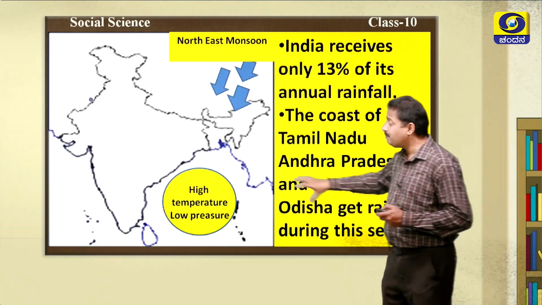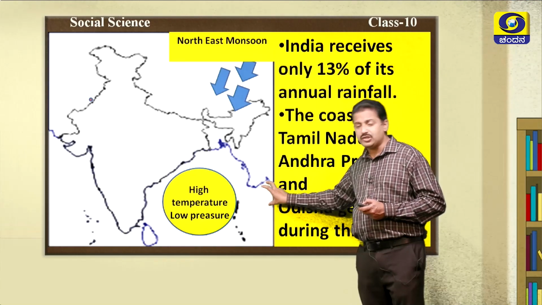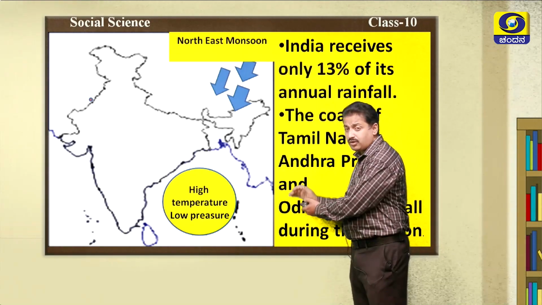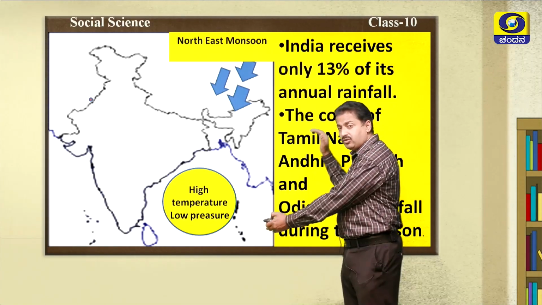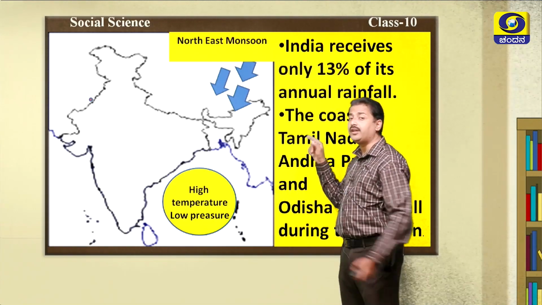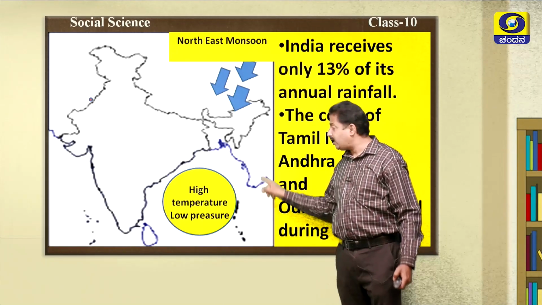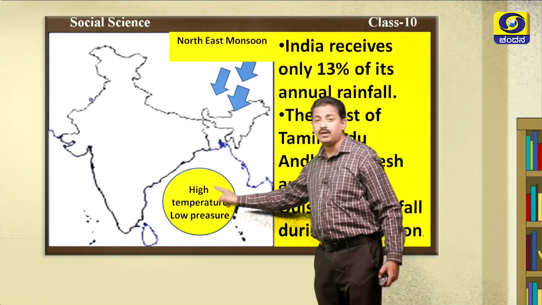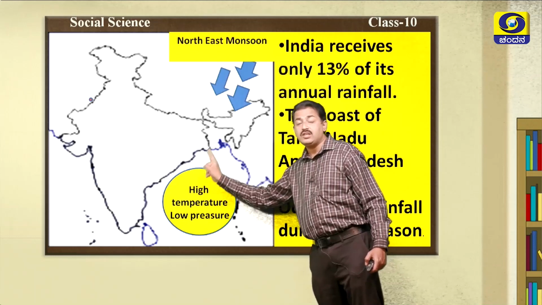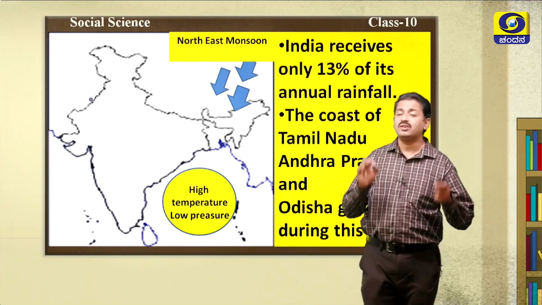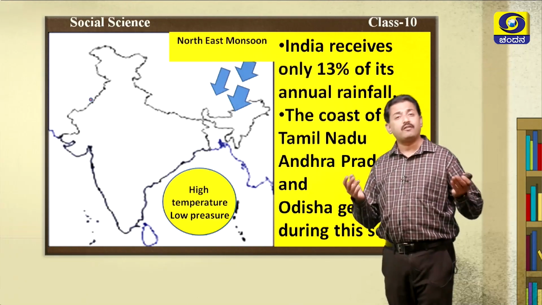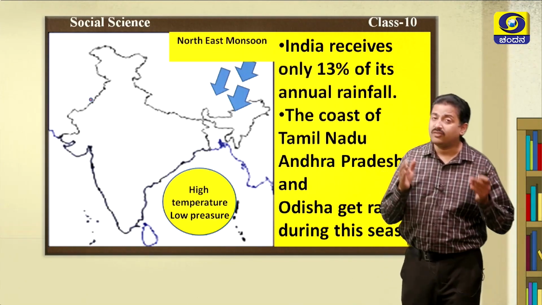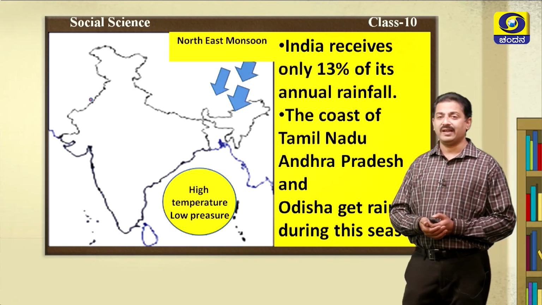Sometimes in the Bay of Bengal, due to low pressure, cyclonic winds rush towards the low pressure area. Due to low pressure over the Bay of Bengal, winds rush towards it and it leads to a cyclone. So, cyclone rainfall also happens during this season on the eastern coast and it damages the property of people and even affects the lives of our fishermen and the people who are residing on the eastern coastal line.